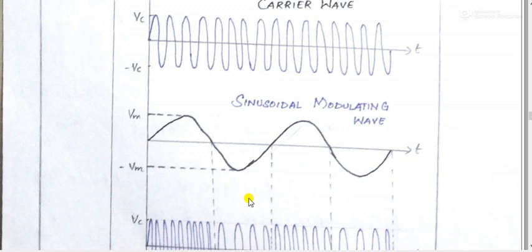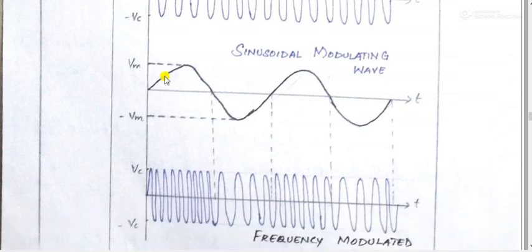Now we are going to see the frequency modulated wave. Here, if the signal increases in the positive direction, the number of cycles will be higher. If the deviation of change is negative, the number of cycles will be lower. So what is the meaning of frequency? Number of cycles per second. So per second, how many cycles are transmitted, that is the frequency.